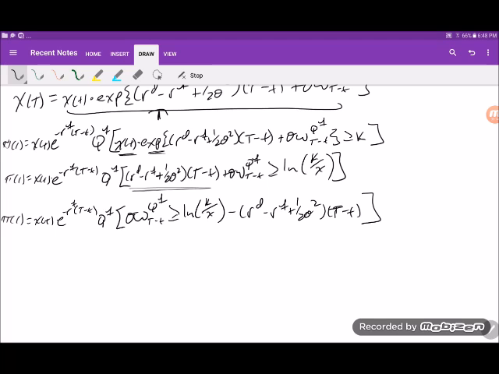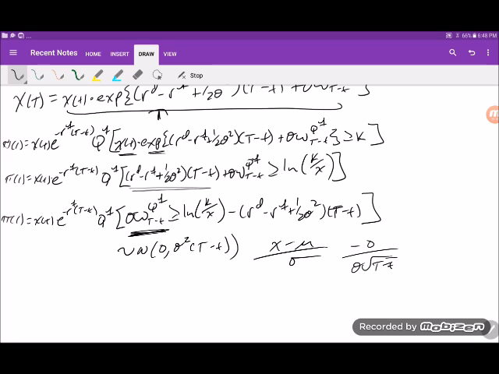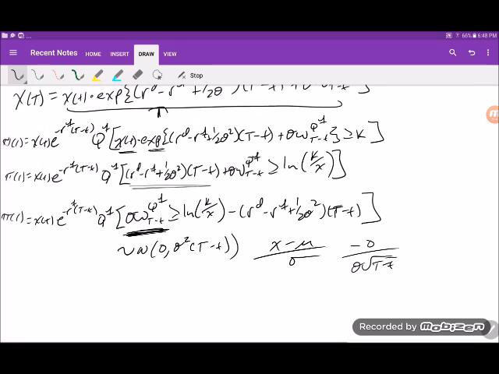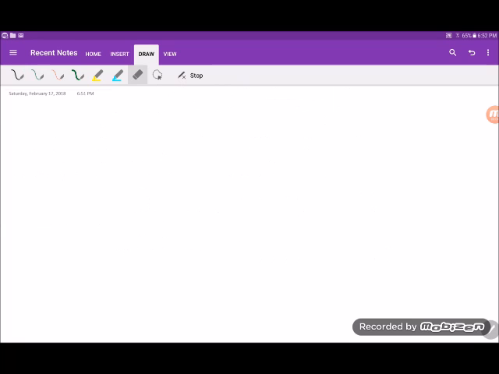Okay, so again, I'm going to normalize this. So that's again normally distributed with mean 0 and variance sigma squared, T minus t. So in normalizing it the same way we did before, we're going to end up subtracting 0 and dividing by sigma root T minus t. So doing that to both sides and also calling that new, all right,